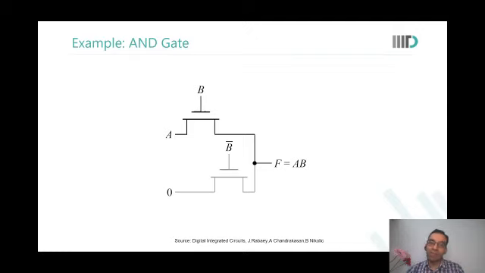Now the beauty of pass transistor logic is that you can have AND functionality also, and you can have NAND functionality also. So you no longer are limited to inverted output. Suppose in a static CMOS or even pseudo CMOS, if you wanted an AND gate to be implemented, you will first implement a NAND gate, and then you will add an inverter. Over here, that is not required at all. Just two NMOSs, and you have an AND functionality.